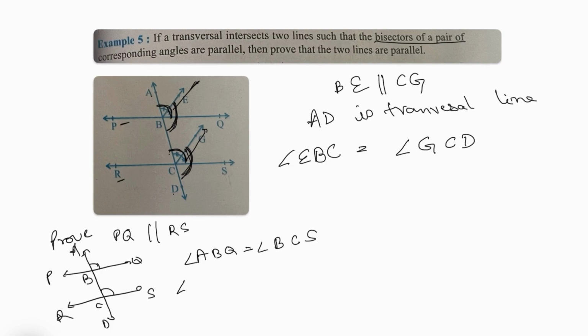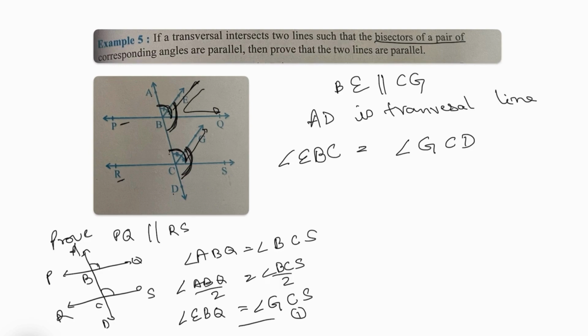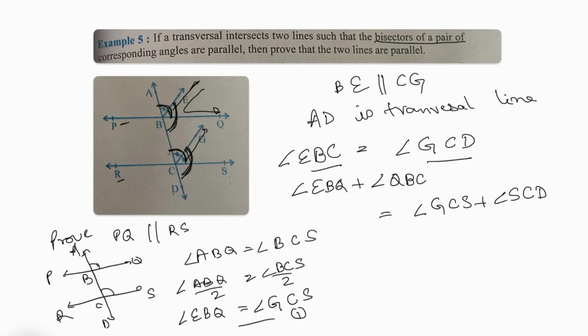which also means that half of ABQ is equal to half of BCS. Half of ABQ is EBQ. Angle EBQ is equal to angle GCS. So this is one relation that we know. Now coming to EBC and GCD. Now EBC is comprised of angle EBQ plus angle QBC, and GCD is comprised of GCS plus angle SCD. We know that these two are equal, okay, from